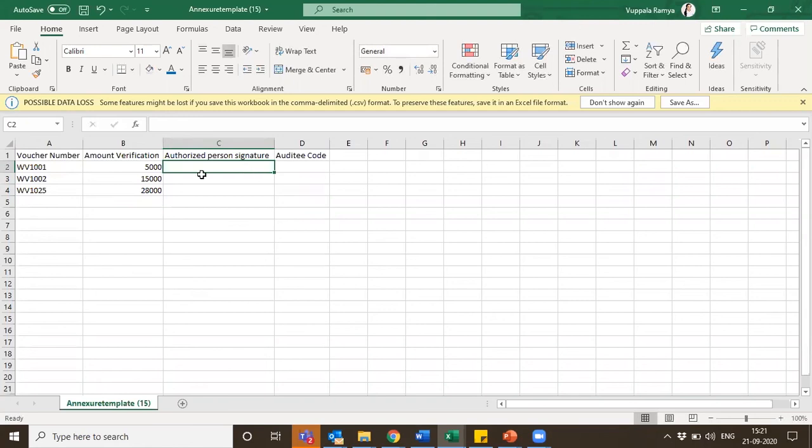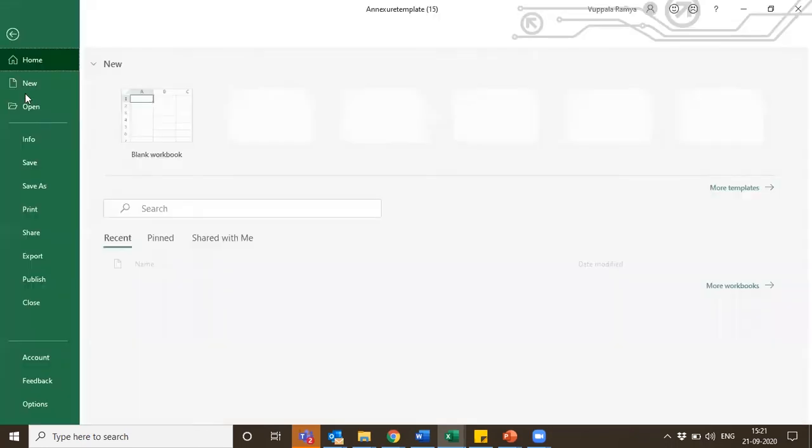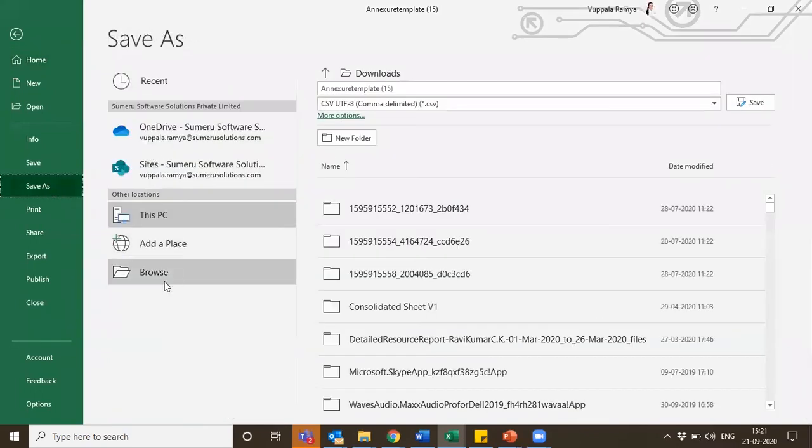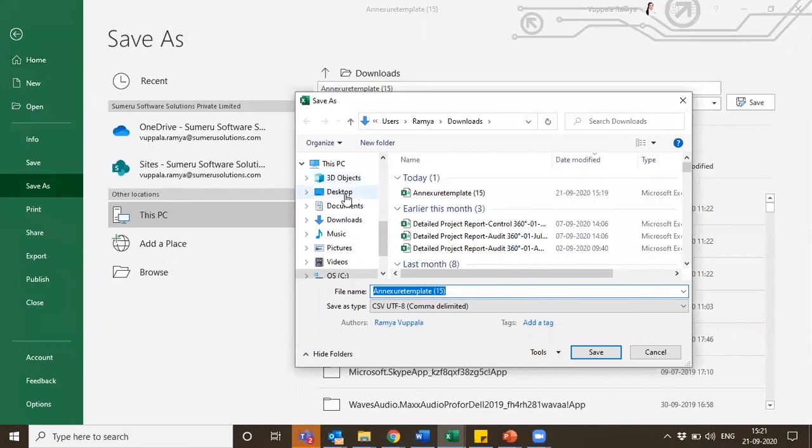If I knew, I could mention it, say HOD, or I can leave it blank also. Now for the auditee code, I have an auditee which has already been uploaded, so I enter that. This is one of the codes which I can recollect. Once you do this, just save it, in whichever location you want to keep it.